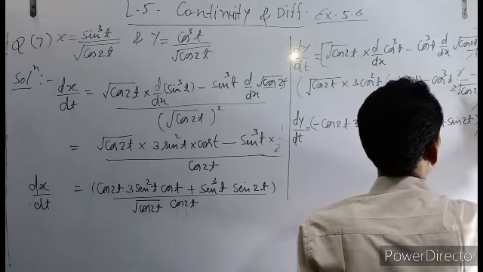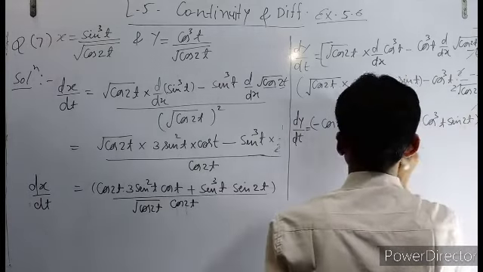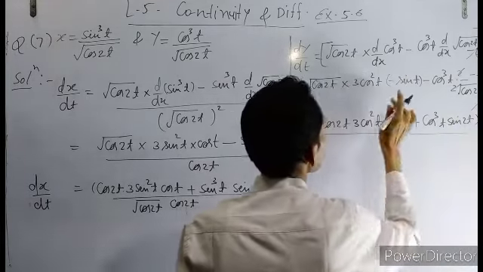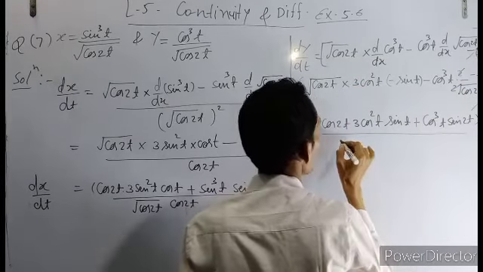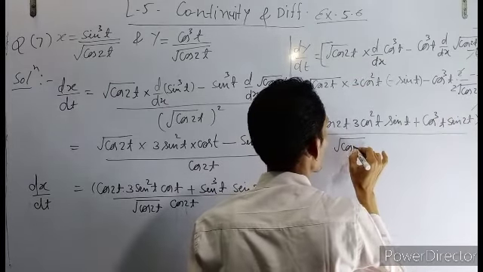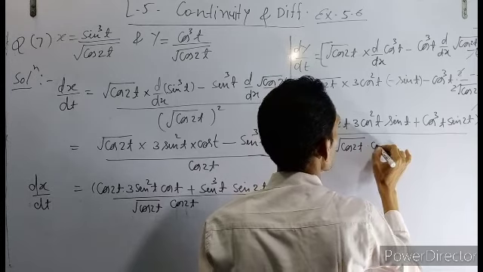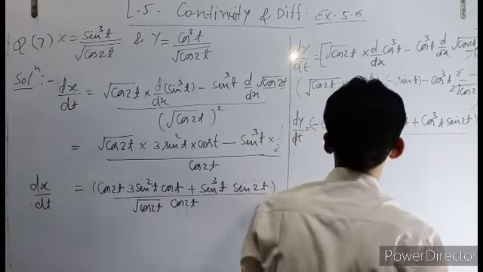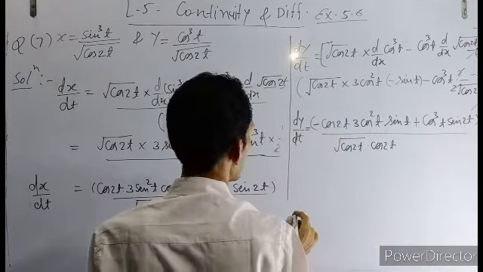You can write it in this way. This LCM will come downside, under root cos 2t into cos 2t. Okay, clear? Now we have to find out the